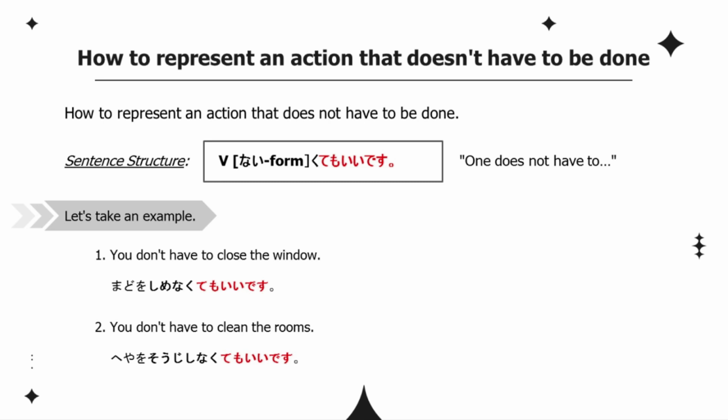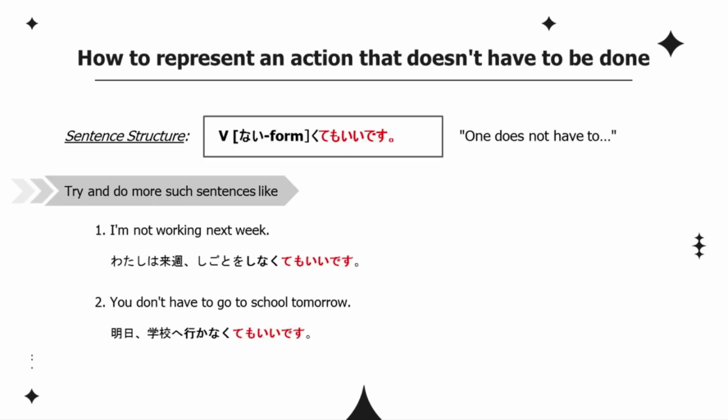For example, 窓を閉めなくてもいいです。部屋を掃除しなくてもいいです。私は来週仕事をしなくてもいいです。明日学校へ行かなくてもいいです。